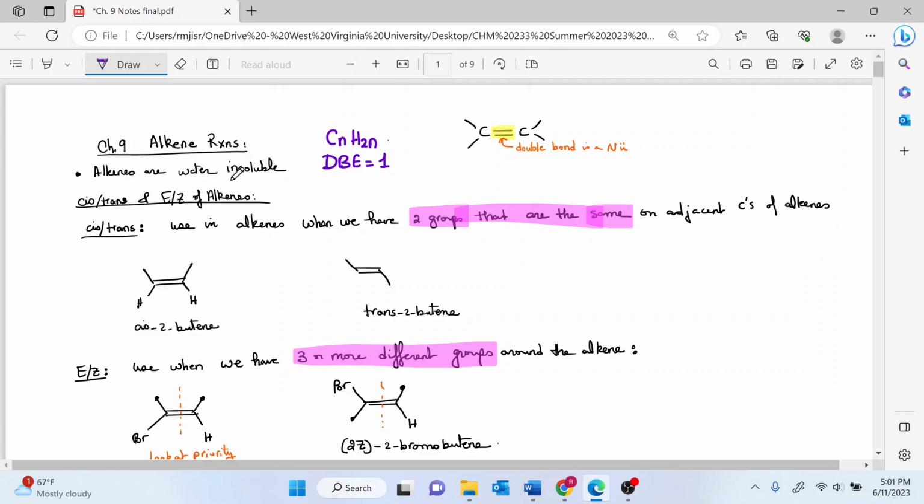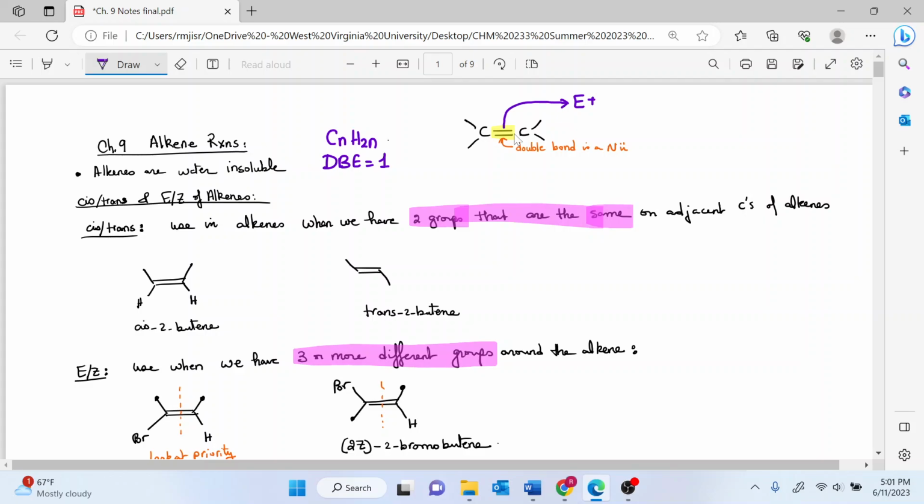double bonds. All alkenes are water insoluble, and the only type of intermolecular forces in the alkene is the van der Waals forces. If you look at the alkene, which is the carbon double bond carbon, the pi bond is the overlap of the two p orbitals. So the pi bond is going to act as a nucleophile every single time. So if you have an electrophile in the solution, the double bond is going to open up to pick up